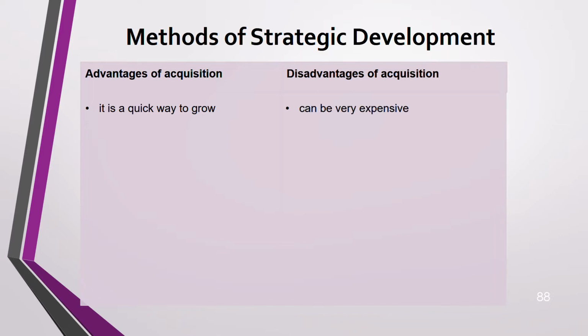But remember, the disadvantage on the other hand is it could be expensive. It's not easy. You have to have a large amount of finance. Acquisition does not come free of cost. Second advantage is synergy gains can be there. For example, you and your competitor whom you are acquiring might have common employees or common technology, so you can get synergy gains, economies of scale. On the other hand, this could be a disadvantage. See, advantages could be taken as disadvantages also. Synergies are not automatic, you have to work for it.